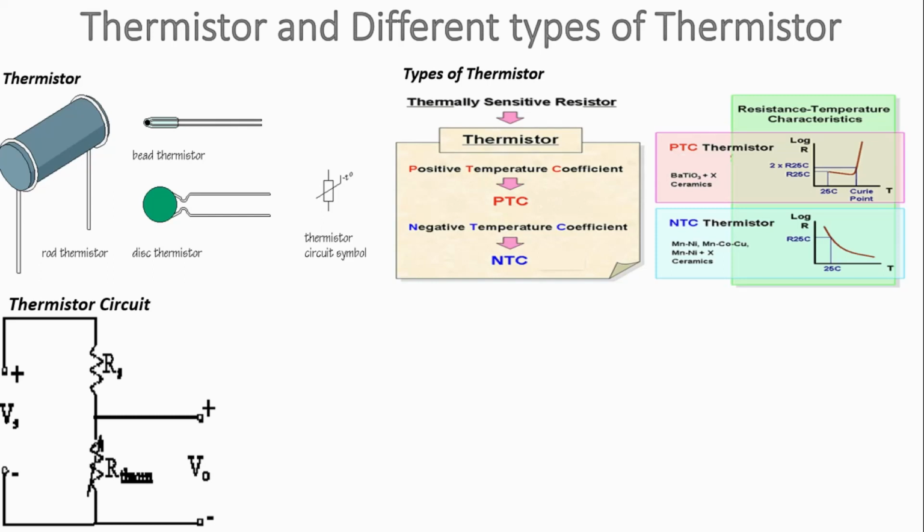Now we will see what the applications of the positive temperature coefficient, that is PTC thermistor, are. The device is famous for its application as a circuit protecting device, such as a fuse. The flow of current through the device causes heat to build up due to its resistive property. Thus, if excessive current flows, the device begins to heat up accordingly and thus increases its resistance. This increase in resistance again builds up more heat. This creates an effect that develops more resistance in the device and limits the amount of voltage and current in the device.